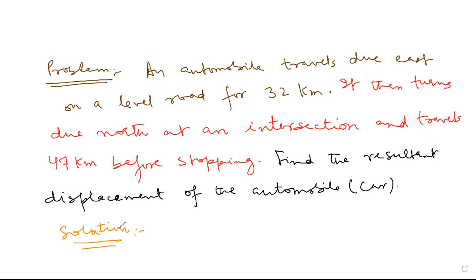First displacement has magnitude of 32 kilometers and direction is due east. The second displacement is due north and the magnitude of the second displacement is 47 kilometers. We are asked to find the resultant displacement, so we have to add these two displacements to get the resultant displacement. So let me use some other color. Let us choose